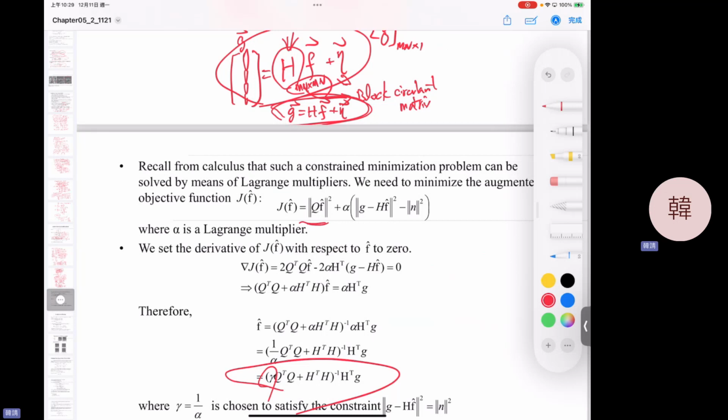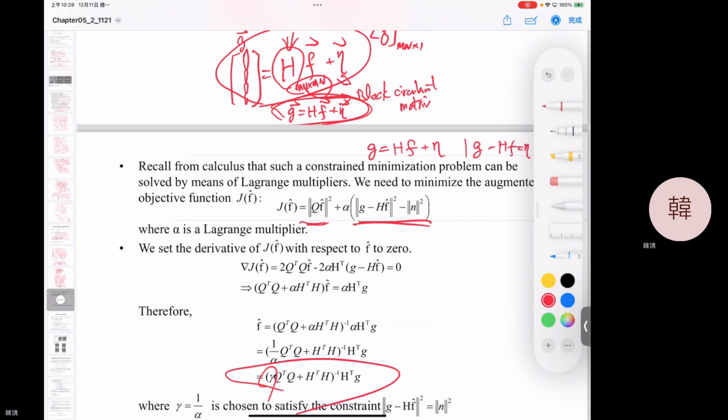So our problem is to try to minimize maybe the variance of your image. Okay, and this is our original degraded imaging system. Okay, remember we have g equal to Hf plus eta. So your equation is g minus Hf